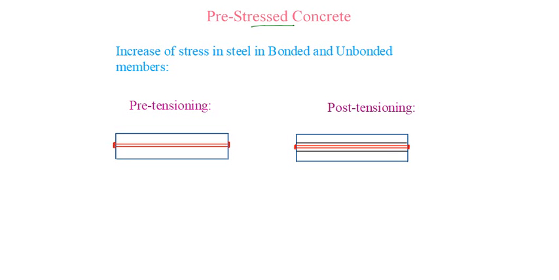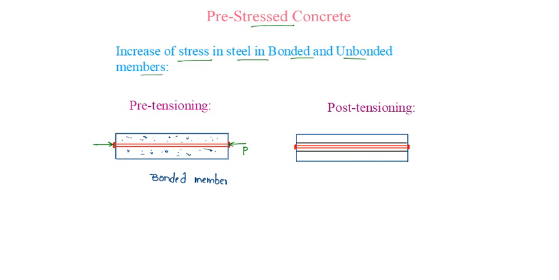Pre-stressed concrete, increase of stresses in steel in bonded and unbonded members. When we consider pre-tensioning, the pre-stressing force is applied and then concreting is done. After gaining strength, the cables are cut. So there will be a bond between concrete and the pre-stressing force. So pre-tensioning is a bonded member,